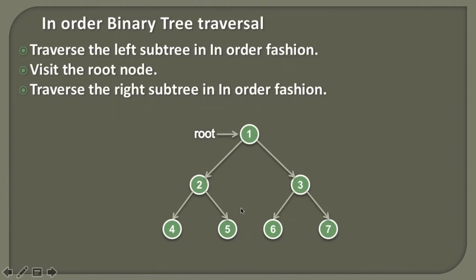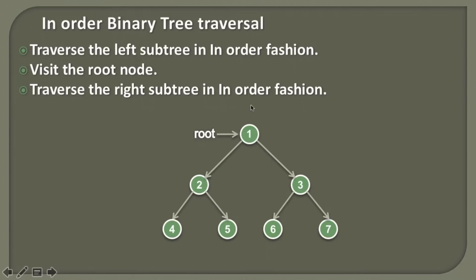So when we reach the node 5, we apply these 3 steps now on node 5. We traverse its left subtree, then we visit the node, and then we go to its right subtree. Here you can see node 5 has no left subtree, therefore we are done with the processing of the left subtree. So then we process the node 5, and after we process the node 5, we go to its right subtree. And we know that node 5 has no right subtree, therefore we are done with the processing of the node 5. So friends, after the node 5 is processed, the call returns back to the node 1. And from the node 1's perspective, we have completely traversed the left subtree now. So now is the chance to visit the node 1.